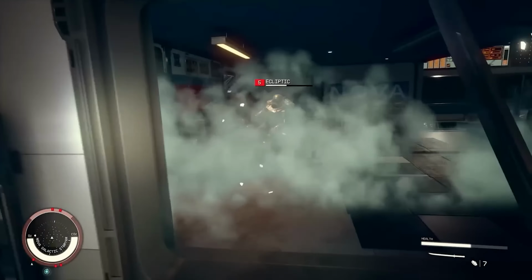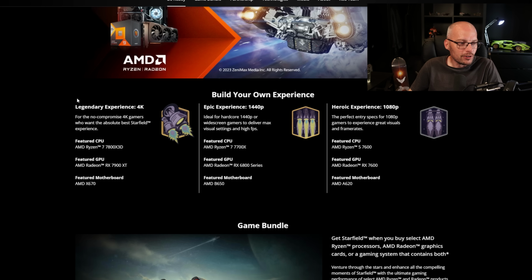Nonetheless, let's see what they are claiming. So you can see right here on AMD's website, build your own experience. They've got three different tiers here. We've got Legendary 4K, Epic Experience at 1440p, and the Heroic Experience at 1080p. Now, AMD are not giving any numbers here. They're not telling you what graphical settings you need, so we don't know whether this is for low settings, medium settings, or max settings, or even ultra settings, and we don't know what type of frame rate numbers we're going